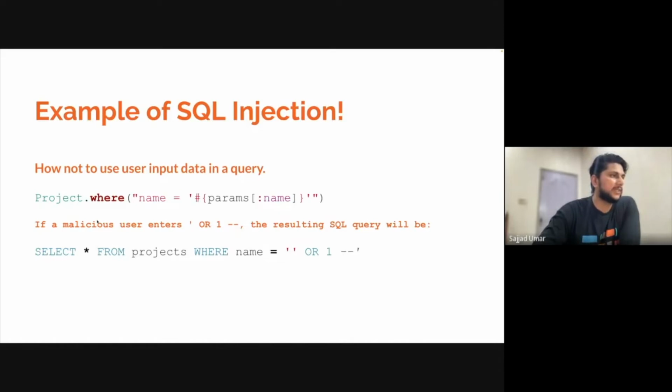Imagine if this parameter consists of this particular text or one dash dash. This dash dash basically means anything beyond this point will be considered as comments. So this query, which should return all the projects matching this particular name, will be returning something else. For example, the above query can be like select static from projects where name equals to empty, because we